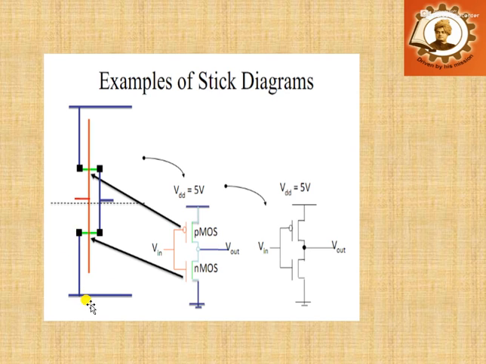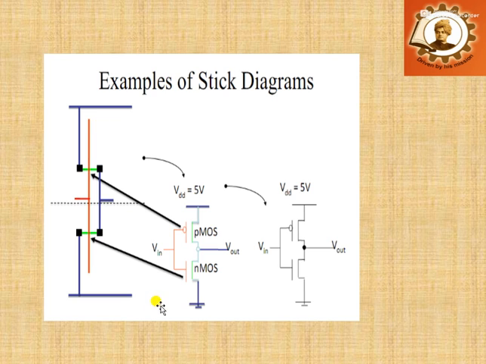Similarly, we are using the input voltage, and the input is connected to the polysilicon line, that is denoted by a red line. This is shown in the figure. So from this stick diagram we have a clear-cut objective or perspective of the layout, how to put our layout for our inverter.